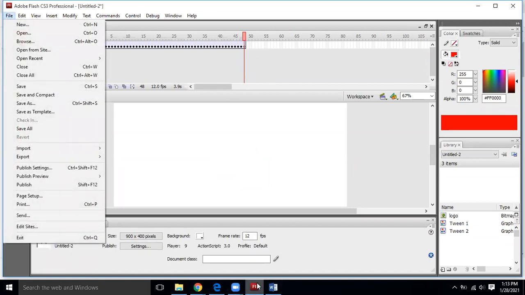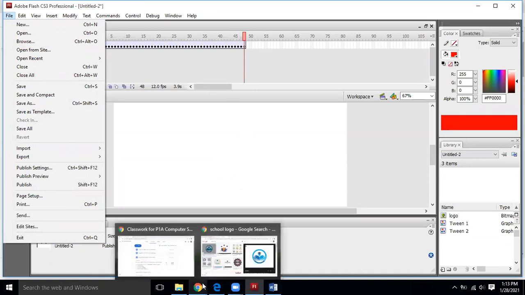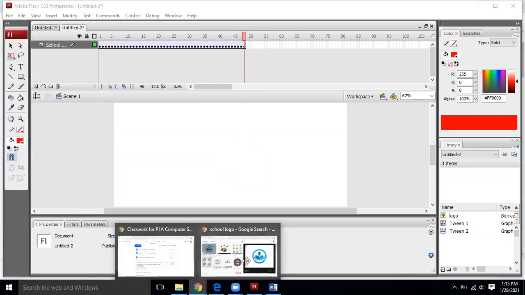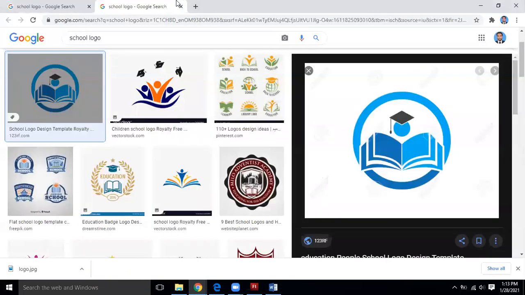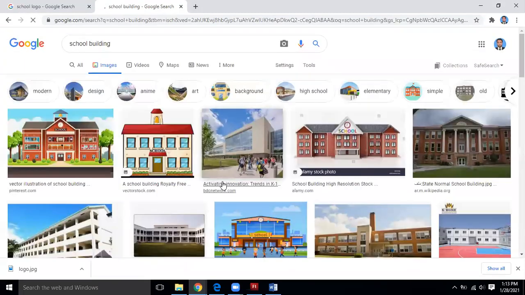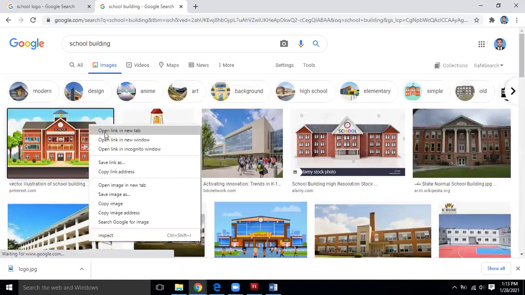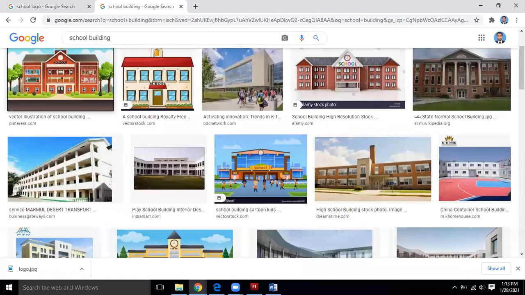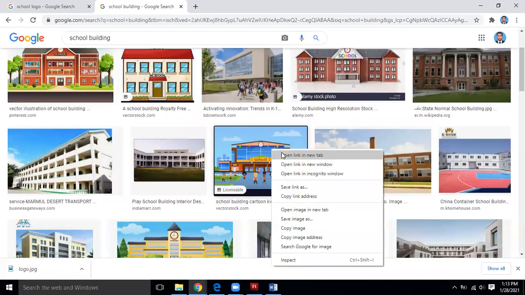Just like I go and take an image of a building, a school building, let's suppose. So I take, for example, this building or this building. You can take any real life or any good building design that you are using.